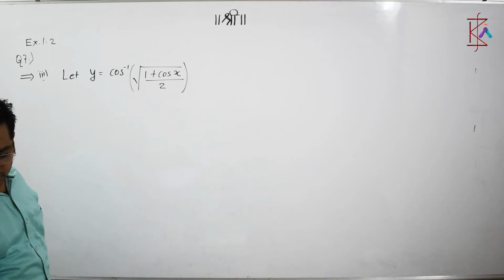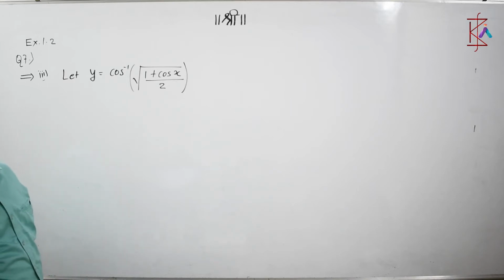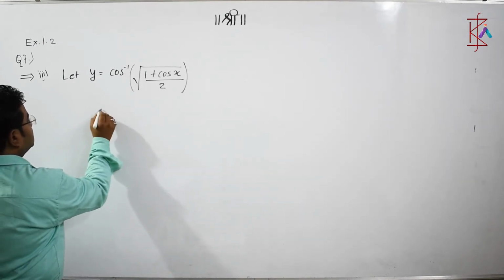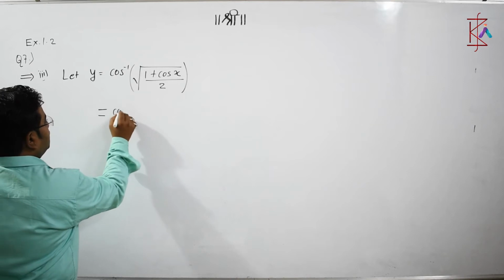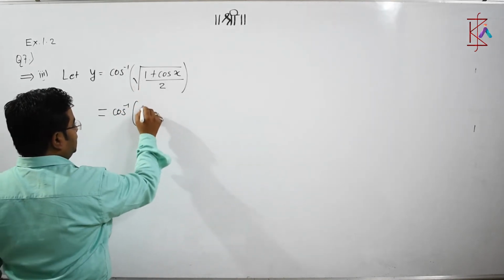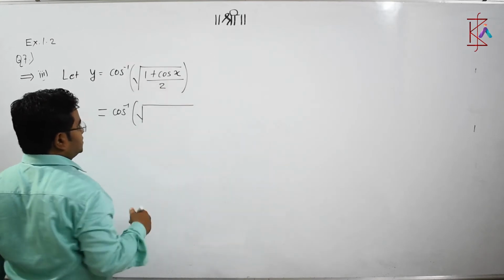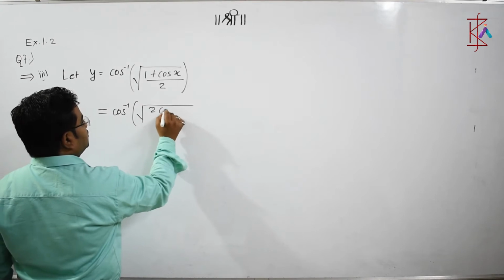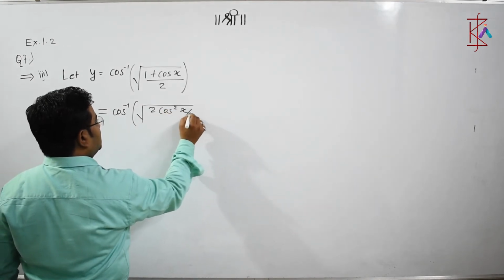So if you look at it properly, here is the condition that the cos inverse within bracket, what happens within under root 1 plus cos x has its own value. What is that? 2 cos square x by 2